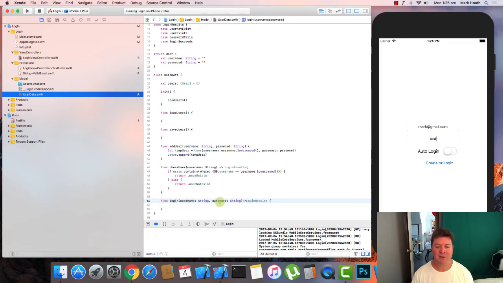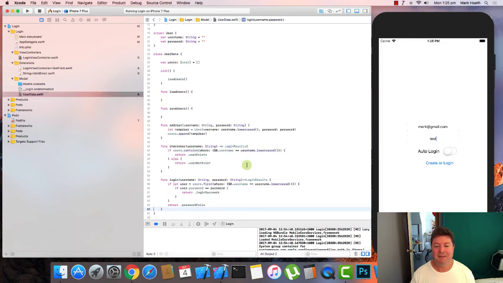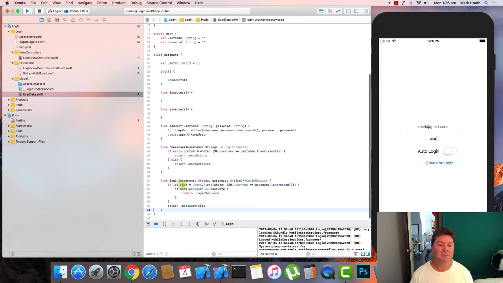we just want to check to see if a username and password already exists in our users array. And that's quite similar to what we did here in check user. We go: if our user, the first user where the username is equal to the username that's passed. Now there really should be only one, but we'll go into that in load and save. But we basically want to find the first username to see if it's in the database, and if it is,